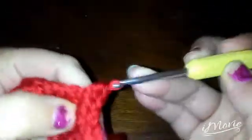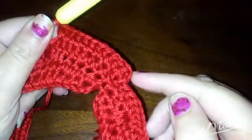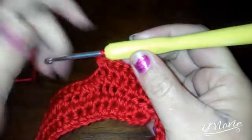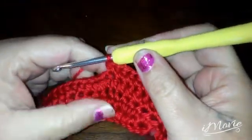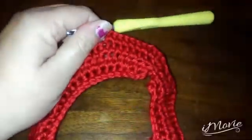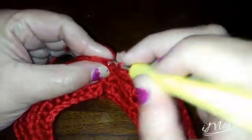Okay, so that's 1, 2, 3, 4, and increase. And if you notice, I did not turn at the start of this round, and that's going to be the repeat all the way around. 1 half double crochet in the next 4 stitches, and then an increase on the next, and then repeat it back. Okay, so we are at the end of this round, and we are just going to slip stitch again